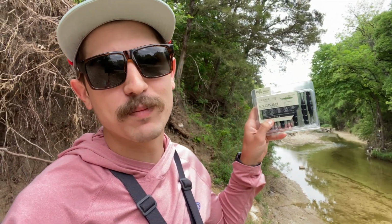So we just got out here to the creek right now. We're about to do some fly fishing to look for this new pet of mine. And on top of that, I thought it'd be a great time to test out the brand new Ned rig by Biospawn. Now, our main goal today is getting out here looking for a pet. So we're gonna be fishing for small fish with the fly gear, using grubs and stuff like that. But once we accomplish that, or maybe if we can't even accomplish that, that's when these things are going to